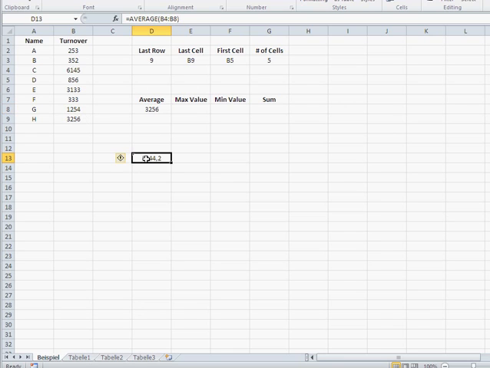Now, how do I write my average? Let's take the equals out of here. And if you see, the average function is very simple. It's basically the word average, open brackets, and then the first cell of that range, a colon, and then the last cell of that range, close brackets. Well, we already got our last cell. So what we need is, first of all, the word average,